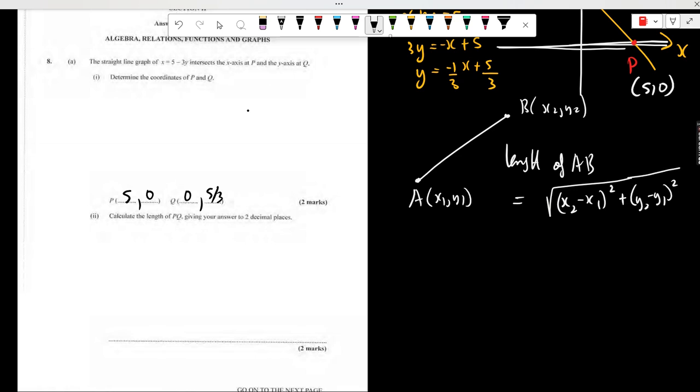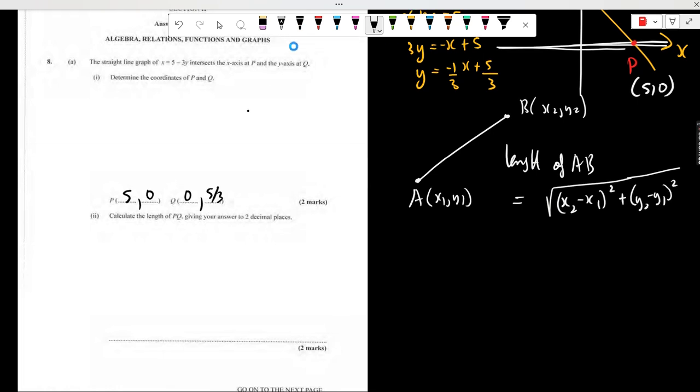I don't know if this is one of the formulas normally given at the front of the booklet, but you need to be able to use it and remember it, just in case it's not given. The length of the line joining 2 points is given by that formula. And so therefore the length of PQ, we can say that